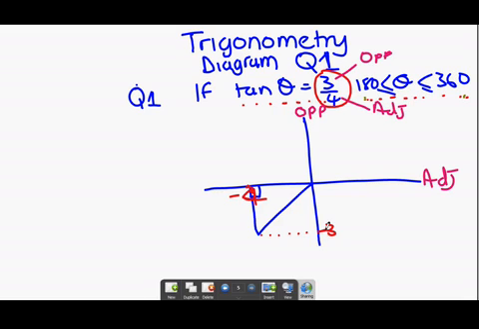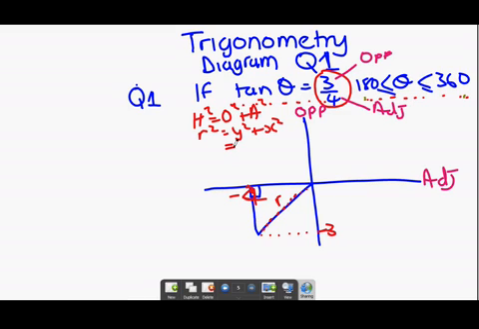Now let's look at how we find this line here. Now this line is very simple. Here we are using our Pythagoras theorem. So our Pythagoras theorem would say hypotenuse squared is equal to opposite squared plus adjacent squared, which means that if I want my hypotenuse, which is this one, some people call it r squared is equal to opposite, it's y squared plus x squared,